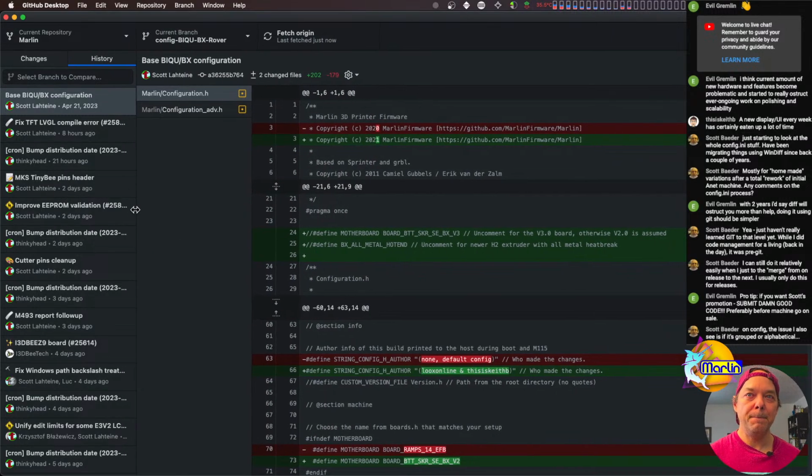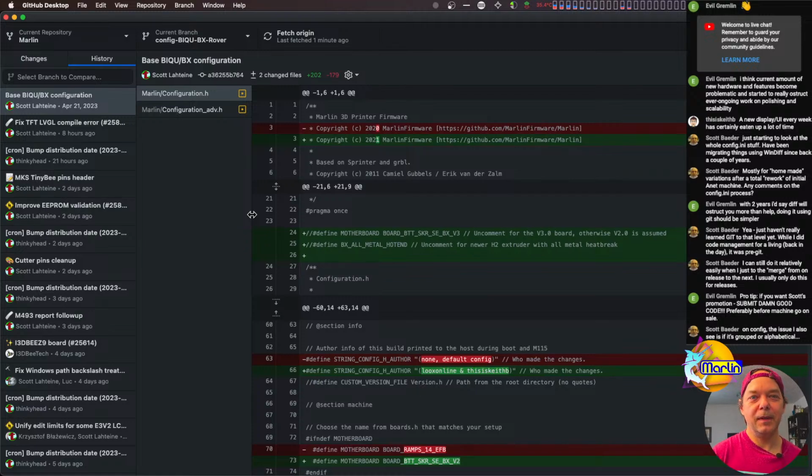Now, if I was using the config INI instead, I could go back to my old config and my old version of Marlin and do a build where it exports a config INI of my settings, and I could stick that in there, and then I could bring this up to date with or without my configs. I could just grab the latest bug fix, for example, copy my INI in there, run a build which will apply the settings to my configs, and then at that point I have updated configs. Potentially everything is there, but then again, I would look at it and go, well, for example, in that case we had